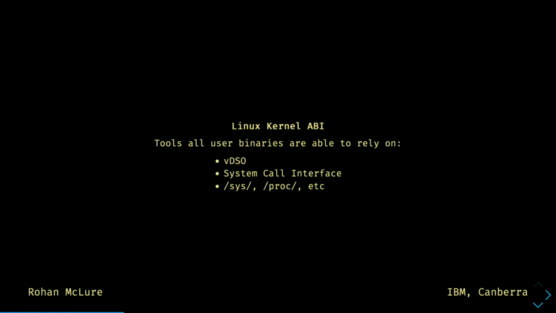As well as that, there are also file systems. So Linux participates in a sort of Unix file-based ideology, and so access to your sysfs, procfs, and the little-known configfs are also deemed to be ABI. This talk is going to focus on syscalls, however.